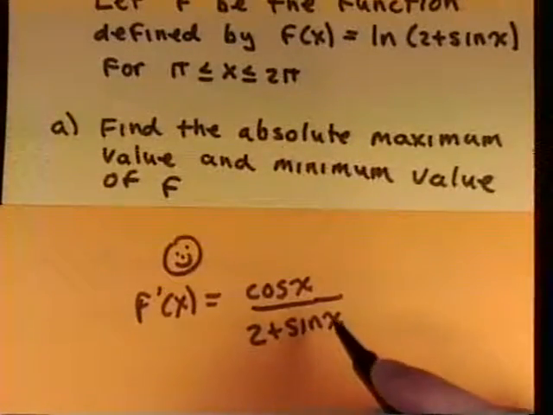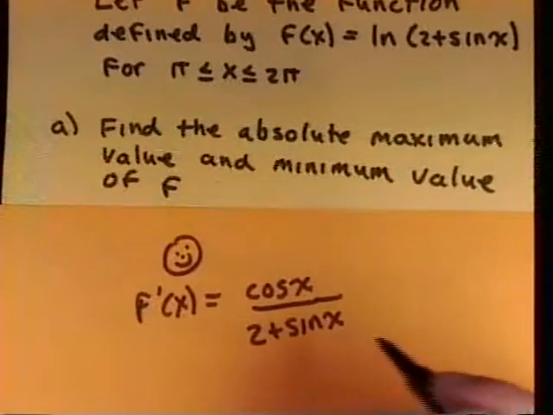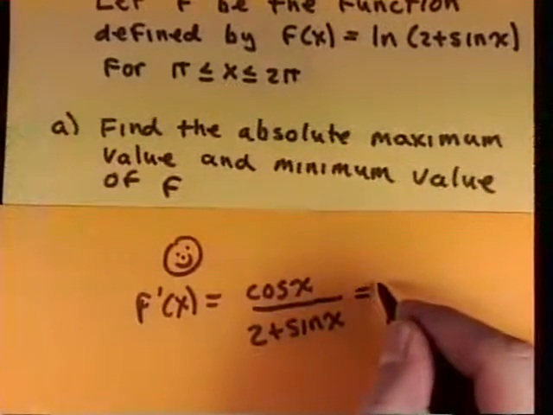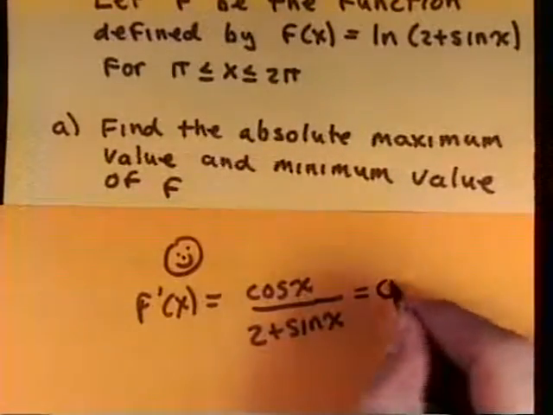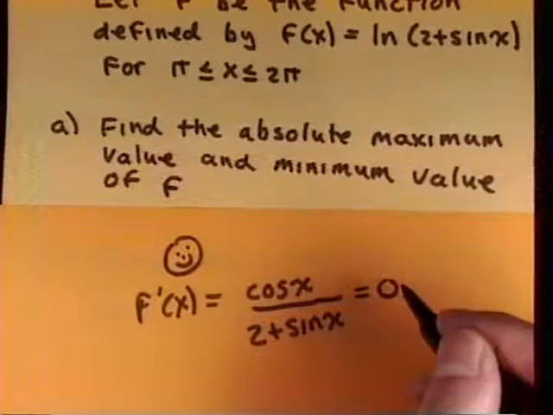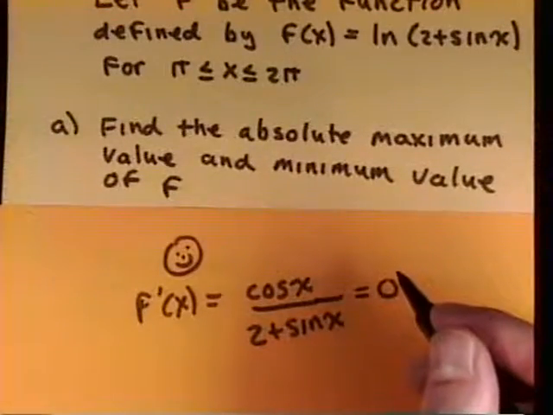Okay, here you go, Valina. What do we do now? We found the happy derivative. We have to set the derivative equal to 0 to find our critical numbers. So what's the definition of a critical number, Valina? When f prime equals 0, or f prime does not exist. Right.